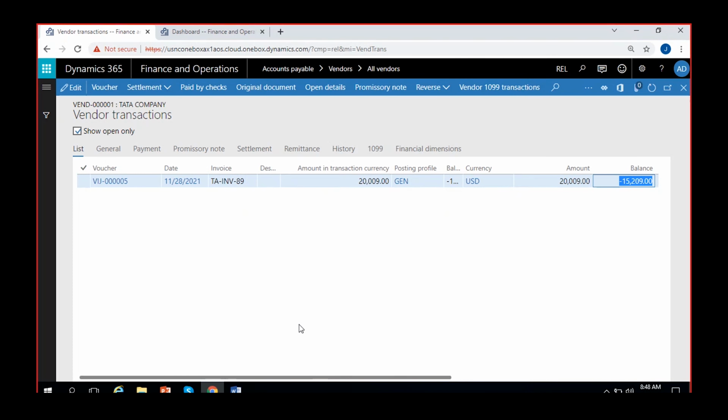Suppose if you feel like you have wrongly settled some of the payments to this invoice, you always have this option of undo settlement. You can again set them back. So for that, you can select this and go to settlement. Use this option undo settlement here. If you use undo settlement,